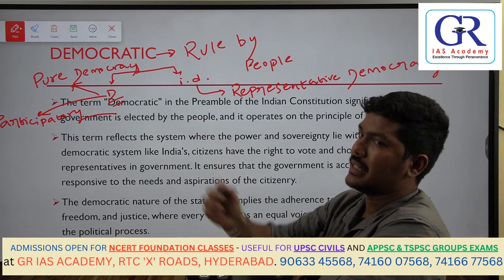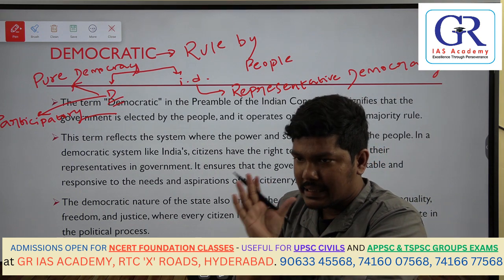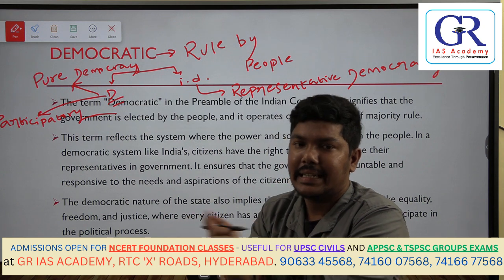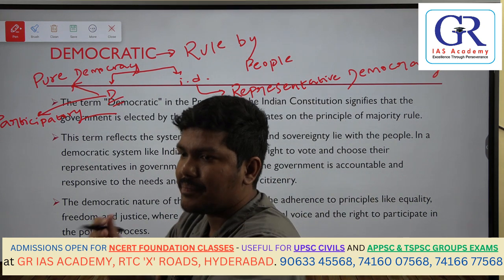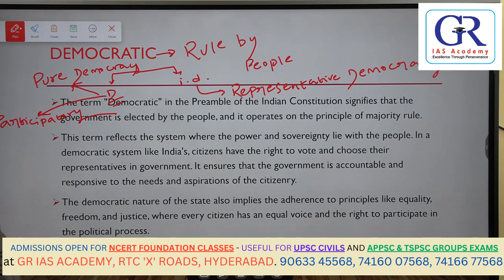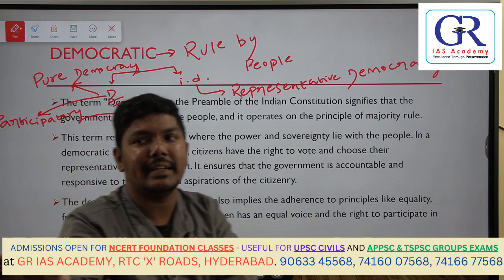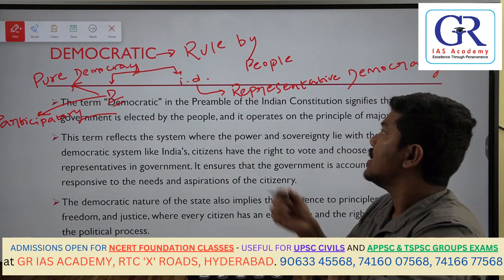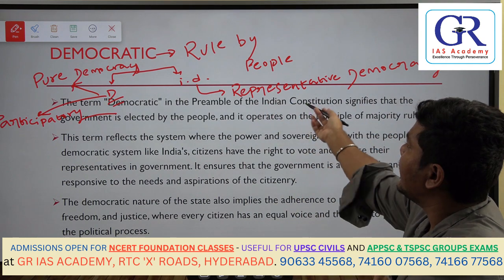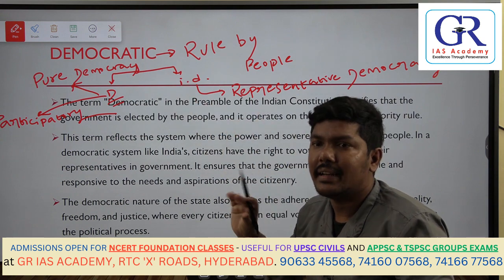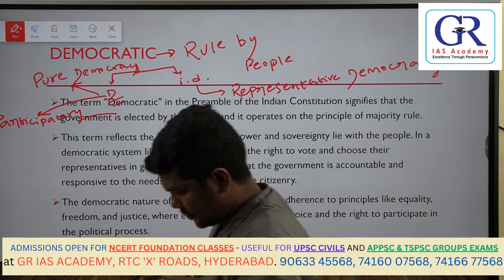So the democracy is basically ruled by the people, and it is categorized into two ways. First one is direct democracy and indirect democracy. In direct democracy, people directly rule themselves. There is no need of representatives concept at all, and that was the reason direct democracy is also called as pure democracy or participatory democracy. But on the other hand, the countries with huge populations will opt for indirect democracy, and it is also known as representative democracy. That is exactly what democratic means.